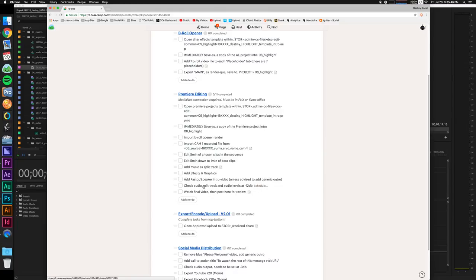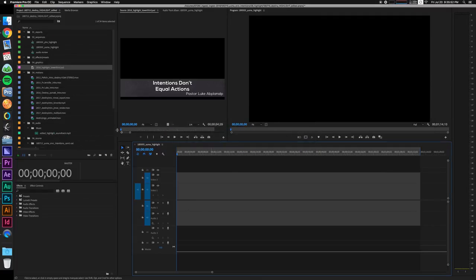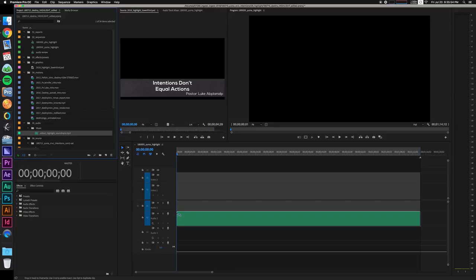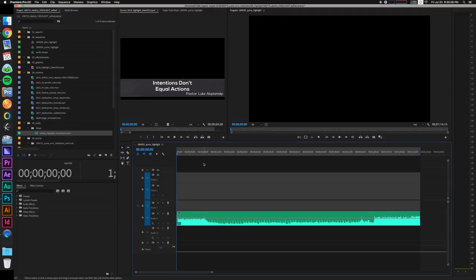Once you do that, check that off. And then you're going to check audio, split track, and audio levels to -12 dB. So the way you do that is, two ways. You check it here. You see it's in this general area over here. So here's -12 dB. You want to keep it in this area here because when it's playing for the service,